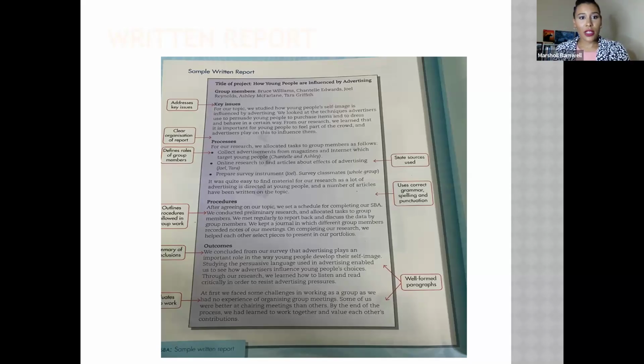So for the key issues, it says for our topic, we studied how young people's self-image is influenced by advertising. So that's the first topic, how young people's image is influenced by advertising. We looked at the techniques advertisers use to persuade young people to purchase items. That was the topic, techniques used by advertisers. The third topic,